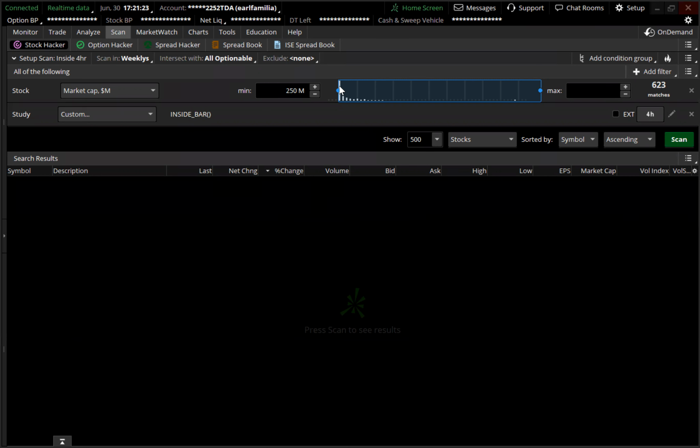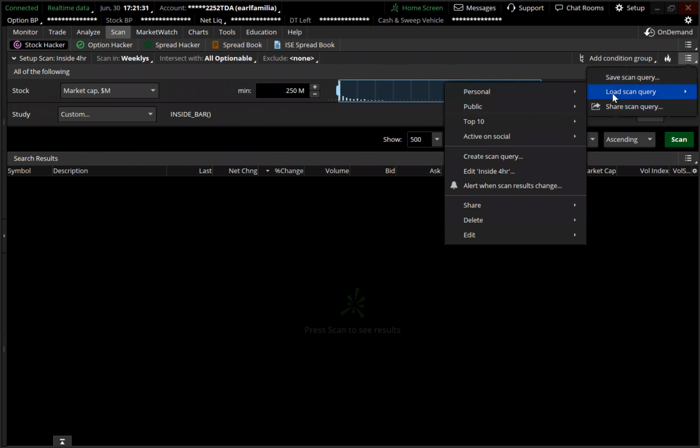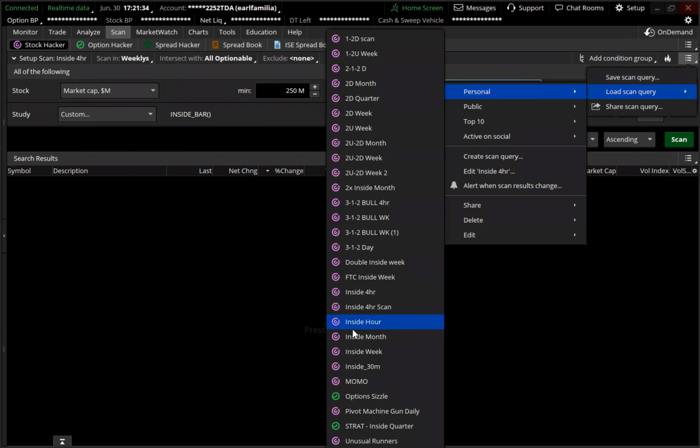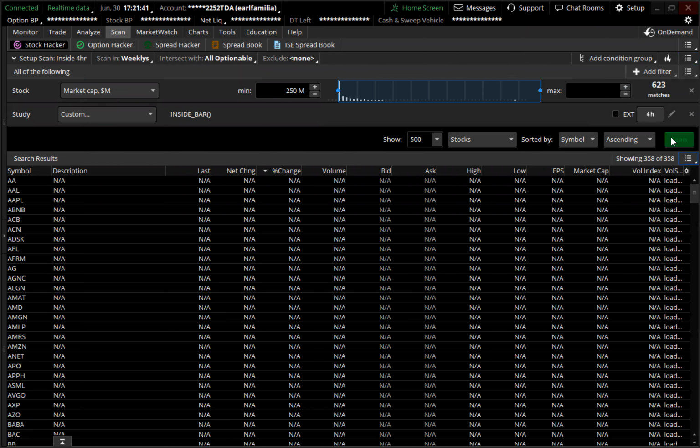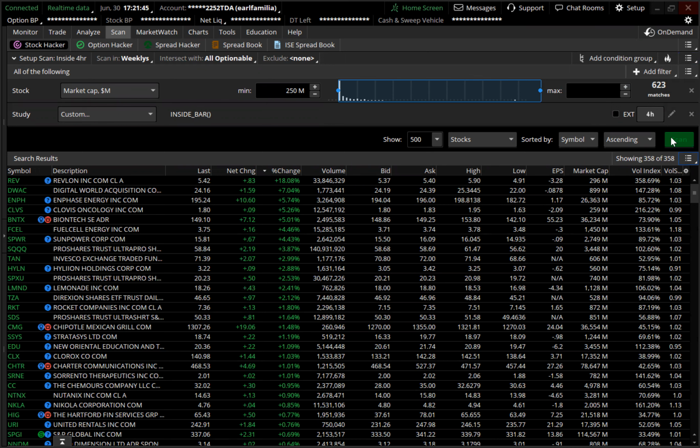One of the time frames I've found has worked really well with this concept is the 4-hour time frame, and particularly the inside 4-hour setup. For those of you that traded with me last year when we were doing these, a lot of times I just did the 312 scanner, but it's not limited to just 312. I wanted to expand it to all inside setups, and this works for upside and downside moves. It's not set for one direction or the other.